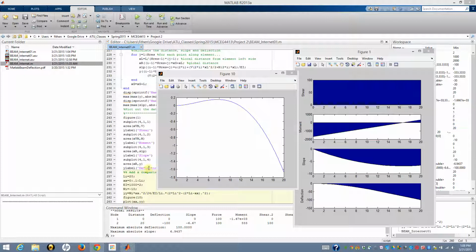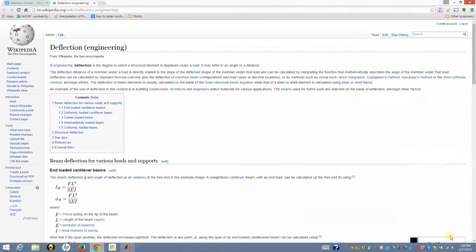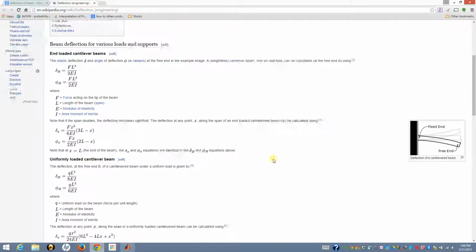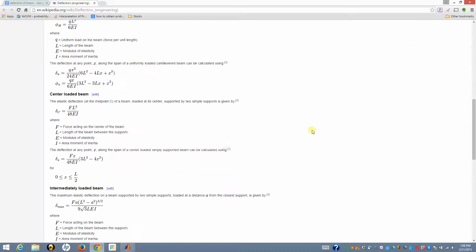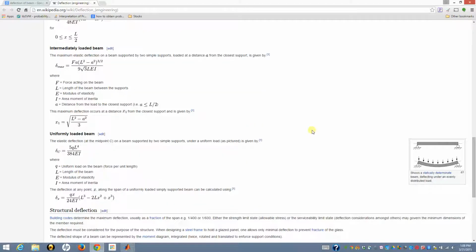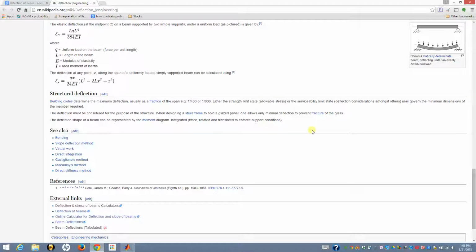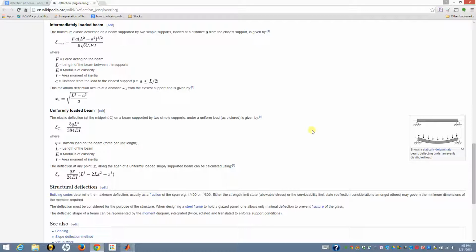Well, I did not like the solution that came up, but I found a better one. Let me bring it up. So here it is. Looking at deflection of a cantilever beam, and we're going to double check this. So what I'm going to do,